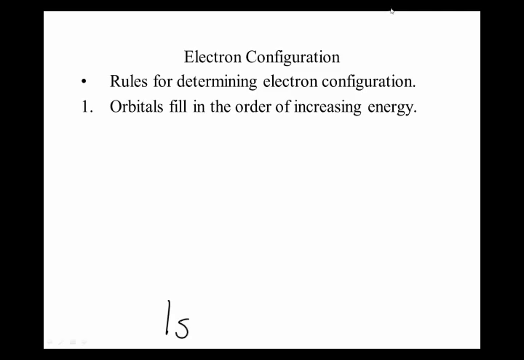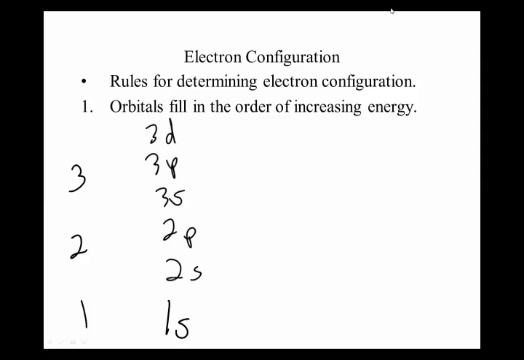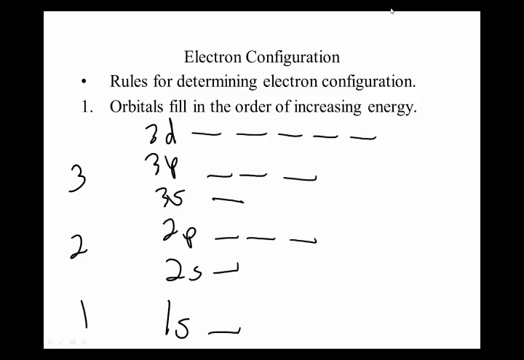1s, right? We go up in shells. First shell, 1, 2, 3. 1s. And then within a shell, second shell, there's 2 subshells, 2s and 2p. And within the third, there's 3s, 3p, and 3d, right? So in every s, there's 1 orbital. In p's, there's 3, and in d's, there's 5. And now what I'm going to do is fill them in. Now, the other thing you have to know